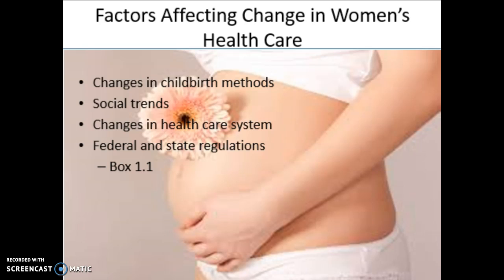Puerperal or childbed fever was occurring in epidemic proportions. So a lot of women were having infection and were dying. The first cesarean section was performed in Boston in 1894. And the last one, the X-ray, was developed in 1895 and was used to assess pelvic size for the birthing